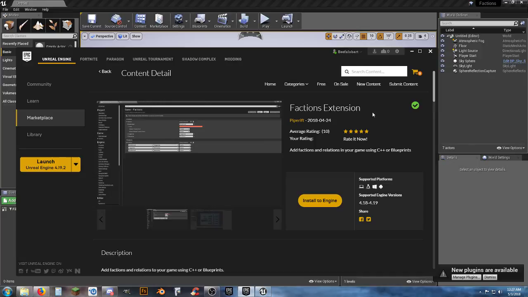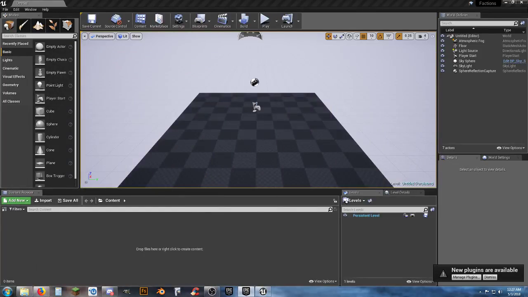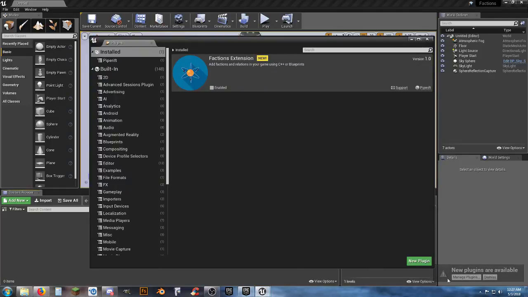Just click on it, add to cart, and then do your checkout like you would normally if you haven't done any other stuff from the marketplace. Then install the engine. Well, I've already done that and got it set up, got it running. But what we're going to need to do here is go to this annoying thing right here, and it adds the installed here, and what you see is faction extension. So you want to enable that, and then you're going to have to restart your